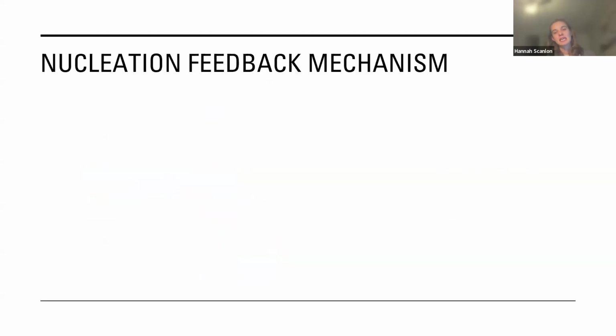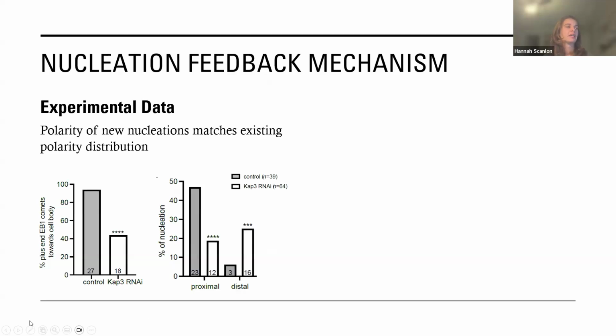The first mechanism that was identified by our collaborators is what's called a nucleation feedback mechanism. Experimentally, the data that they had basically said that the polarity of new microtubule nucleations matches existing polarity distributions. So what this means is that in an environment where the majority of microtubules were initially plus end out, the majority of new nucleations are going to match that distribution as mostly plus end out. However, in an environment where most microtubules had mixed polarity, about 50-50, then new nucleations will match that